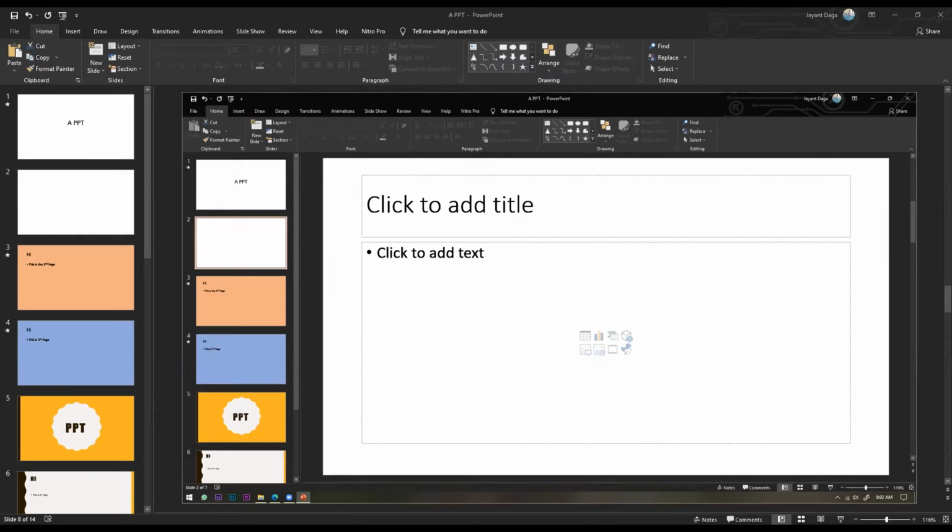This is clipboard section. Okay. This is slide section. Now, see, when you click here and click new slide, we got another one. So now we have two slides. These are called slides. Okay. Now, there are various options to add new slide. Like click here directly, you'll get a new slide, or right click here and select new slide. Okay.